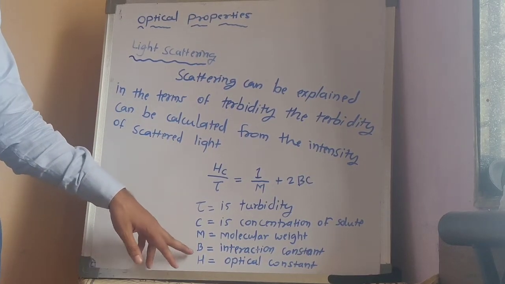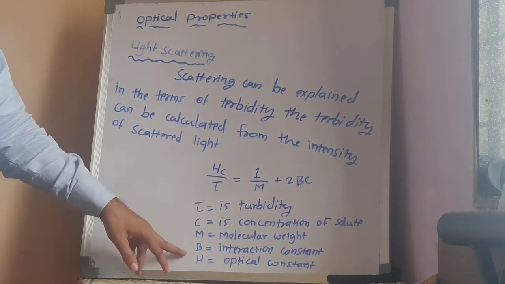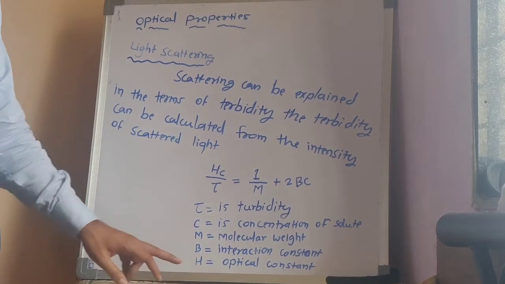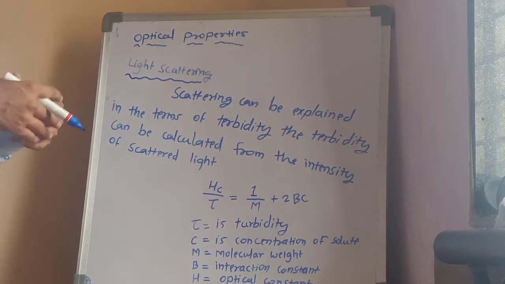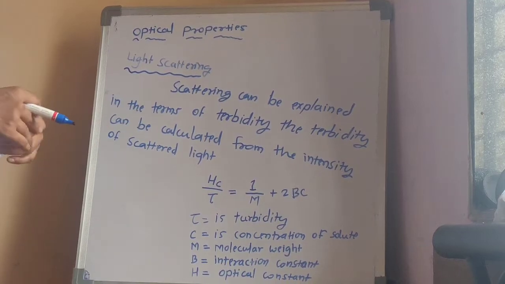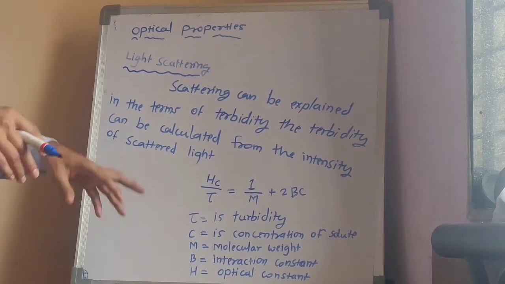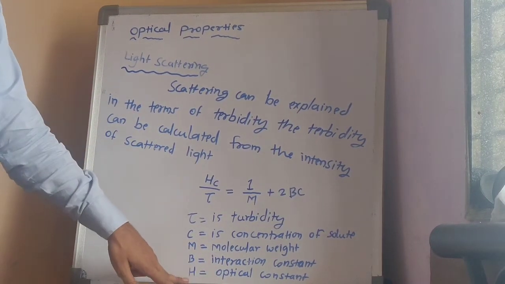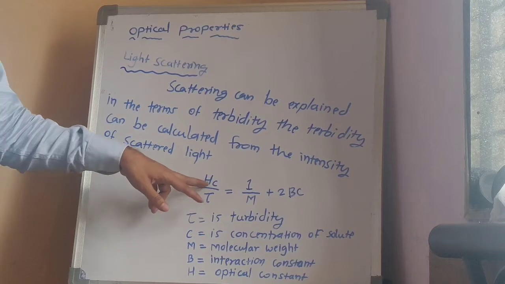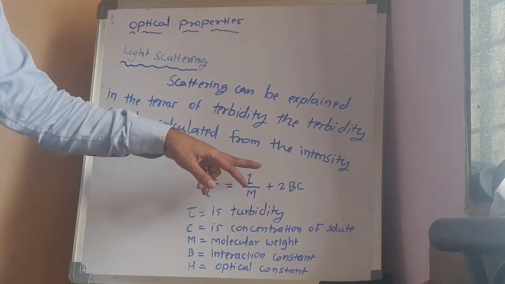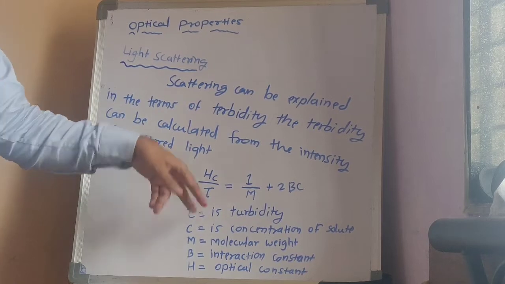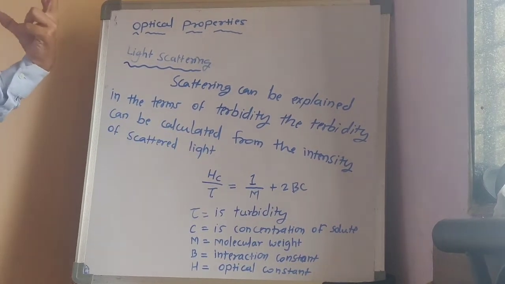So B is the interaction constant and H is the optical constant. While observing the scattering of light, we need to use a constant. So H is the optical constant. So Hc/tau is equal to 1/M + 2Bc is the formula to measure the